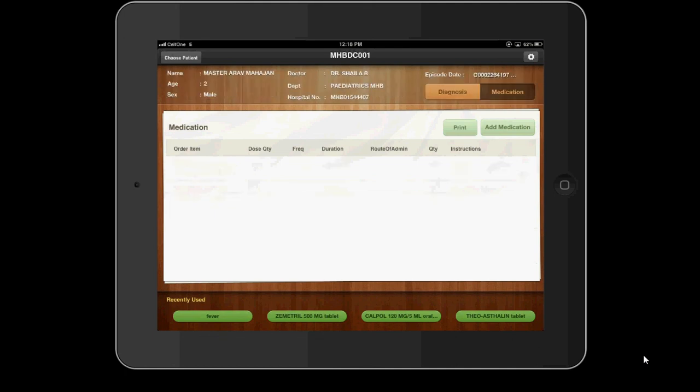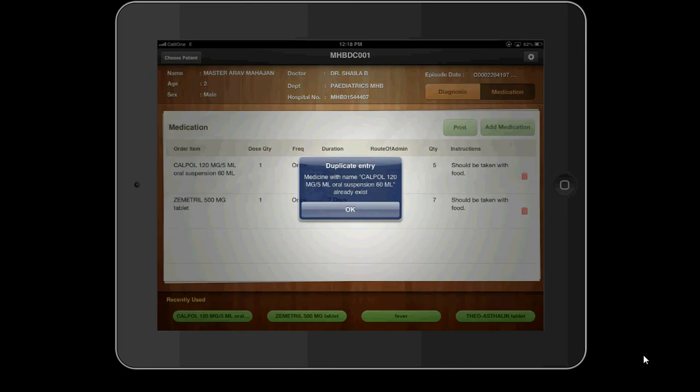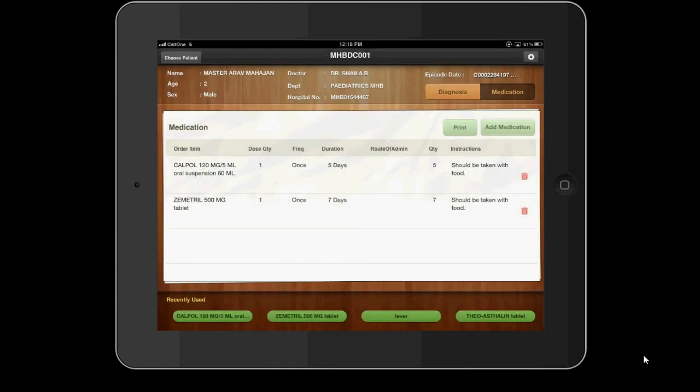For the next patient I will order Zamitril from recently used, which is appearing at the bottom. So I will straight away use this tablet, and then say Calpol again. If I try to prescribe Calpol again, then it is going to say it's already entered. So that is how this entire